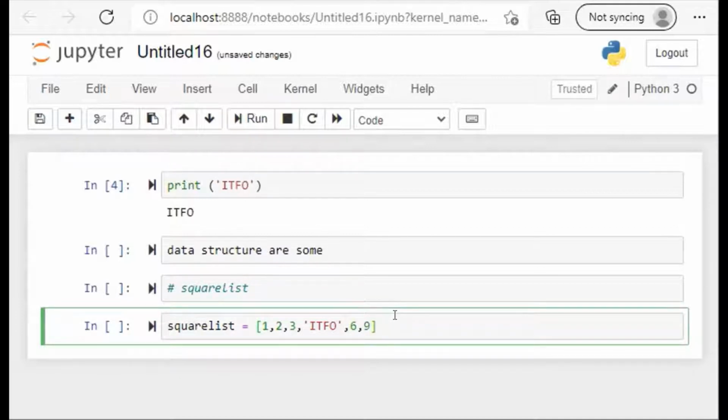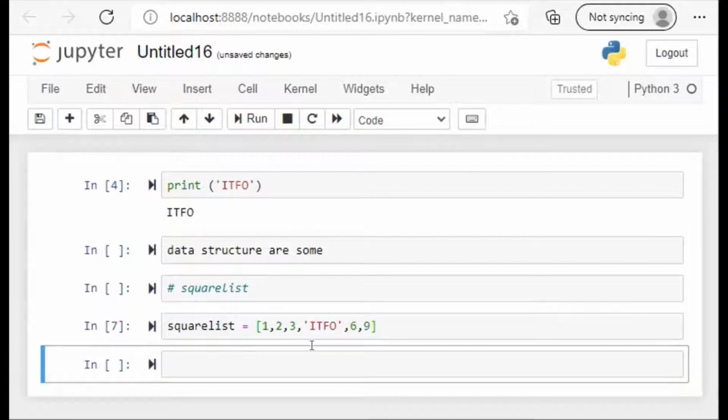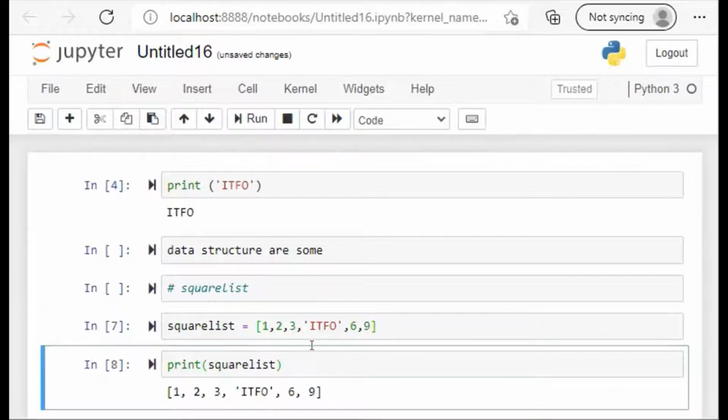So this is saved. Run the cell. If we want to see the elements of this, we will use print square list. As we run this command, the items of this square list are shown in front of us. Next, we create a new cell.